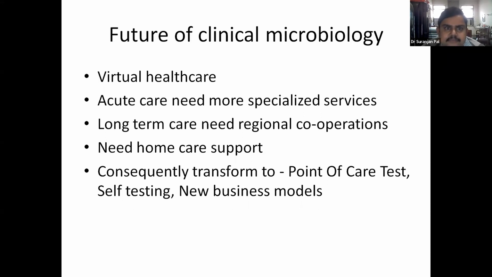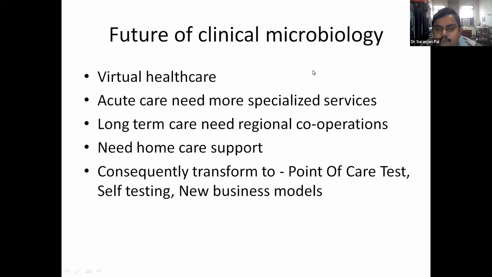Now, what lies in the future of healthcare? There will be mostly virtual healthcare, because in the era of communication, there is WhatsApp, email, telephones, video calls, and virtual meetings. Even this is a virtual meeting. So a single case from the other part of the world can easily be consulted with an expert in this field. So virtual healthcare is the future.